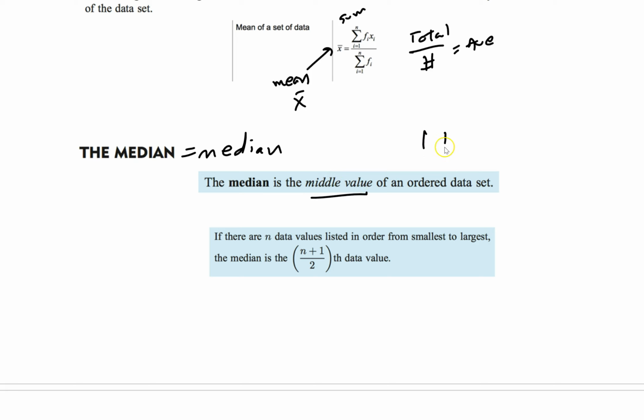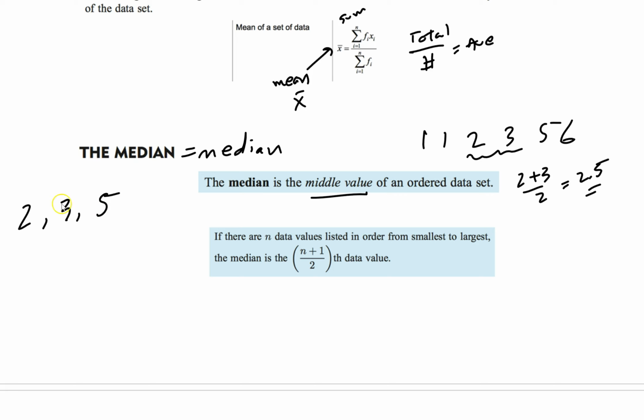So if we have 1, 1, 2, 3, 5, 6, we have 1, 2, 3, 4, 5, 6. There's 6 things, so there's actually no middle. The middle is in between these two, and when you have it like that, you just average them out. So 2 plus 3 divided by 2 is 2.5. That's the median. If I have an odd number set, like 2, 3, 5, the median will just be the 3,